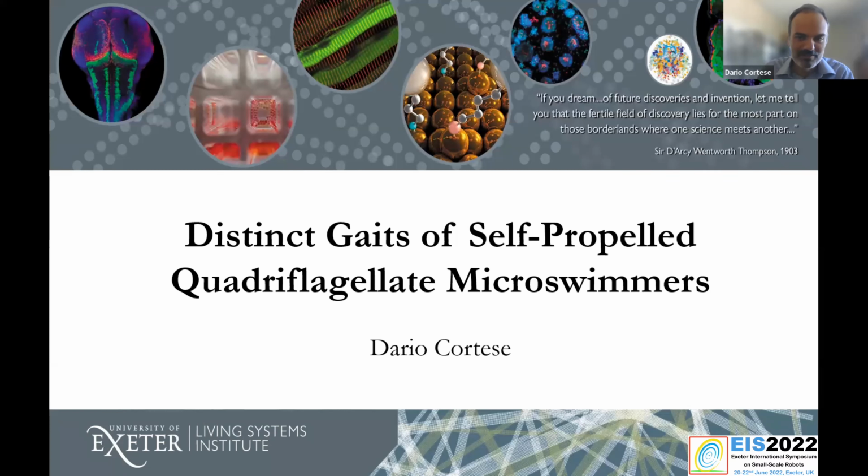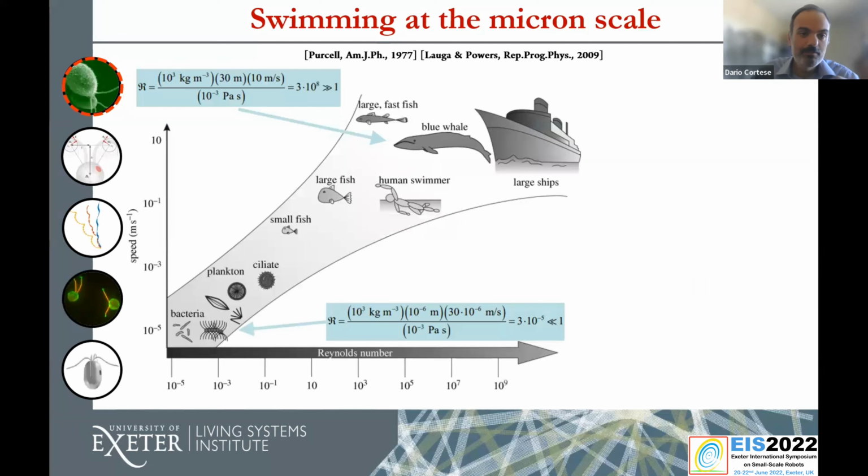Today, I'm not going to talk about an actual robotic system, but about the modeling of a biological system whose understanding can potentially inspire autonomous robotic swimming devices in viscous fluids in both microscopic and macroscopic environments, which are self-propelled. As many of you will know, swimming at the micron scale is very different from swimming at the macroscopic